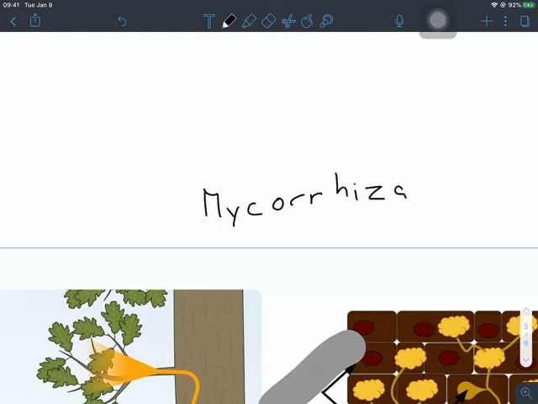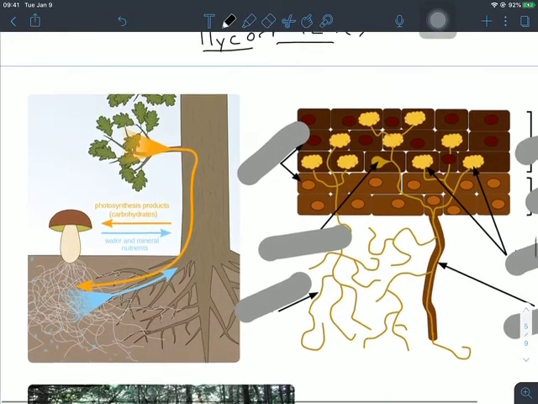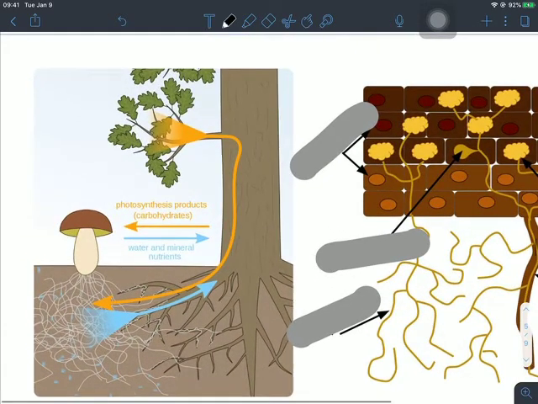Mycorrhiza. Sometimes when you want to say plural, there's an E at the end of it. But myco is the prefix for fungi, and rhiza, suffix for root. So you've got fungal roots. And again, the whole exchange between mycorrhiza, which are a symbiotic